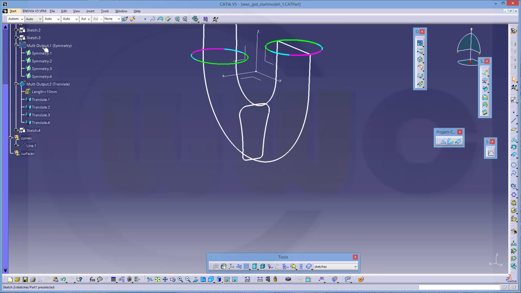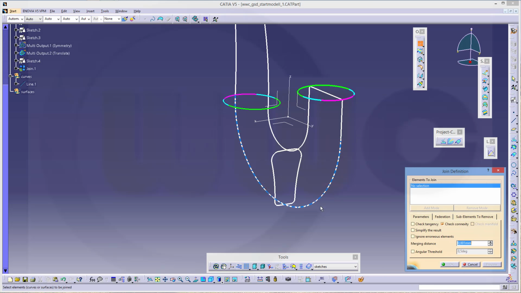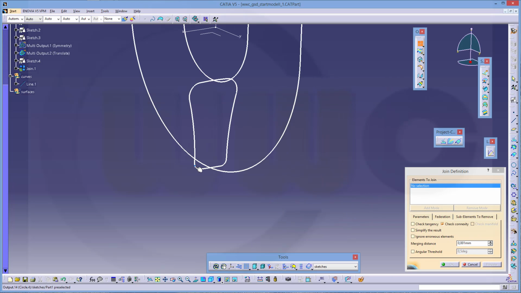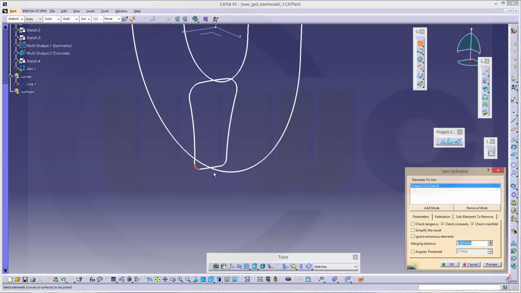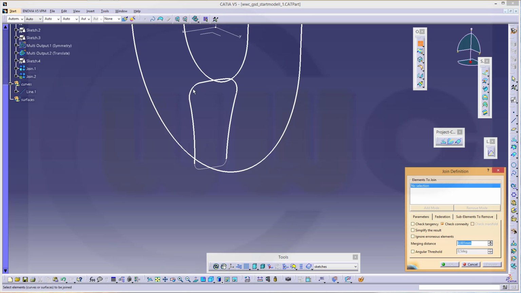So, okay, I could give it some colors, and I have to join some of them. I have to join this one, that one, and this one, and I have to join this one, that one, and this one. Okay,